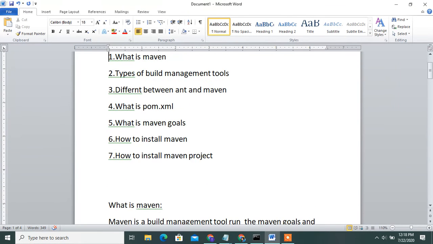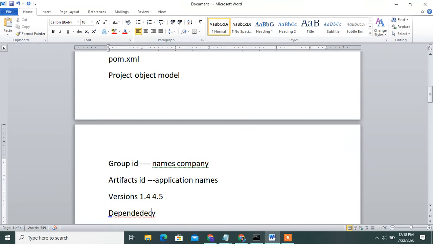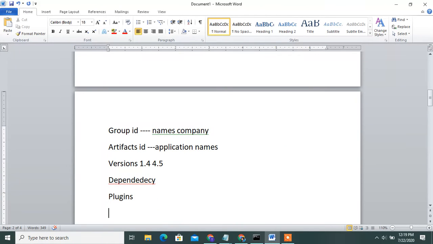Okay. Next is the difference between Ant and Maven. See, this is about what Ant and Maven are. Maven is, first of all, an advanced build management tool. Maven provides builds, documentation, reporting, dependencies, distributions, and mailing lists.